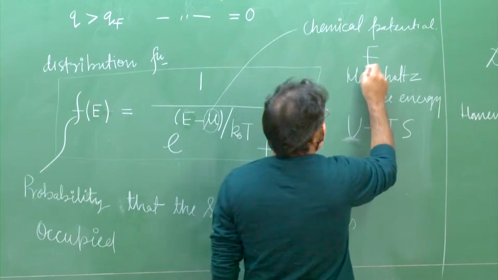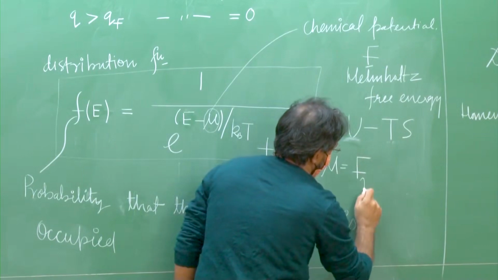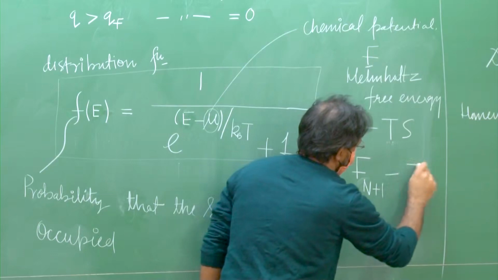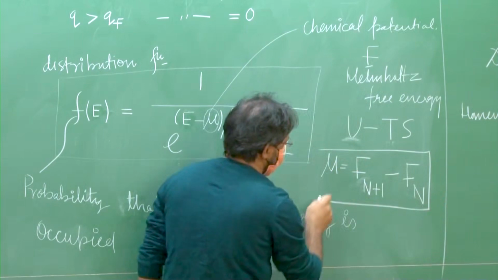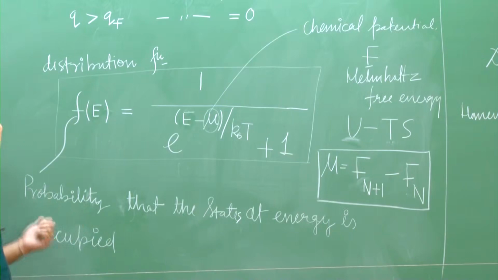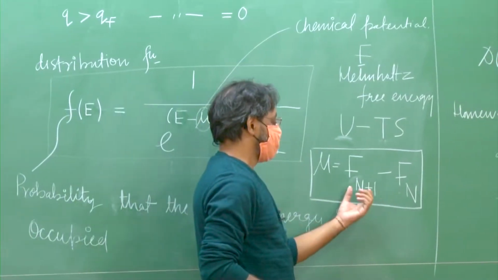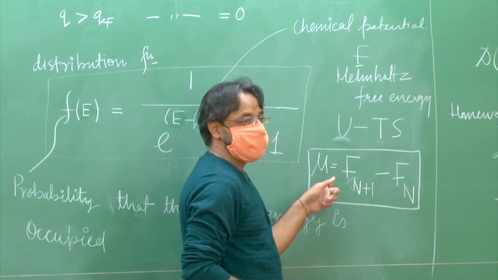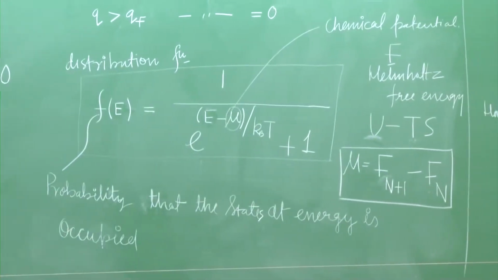So, if F is the Helmholtz free energy, then mu is simply F(n+1) minus F(n). What does it mean? It means the energy required at any given temperature to add an electron. In this case, we are talking about electron, but in general a particle, a fermion in a system, the energy that is required to increase the number from n to n plus 1 is called the chemical potential, right. So, in our case,